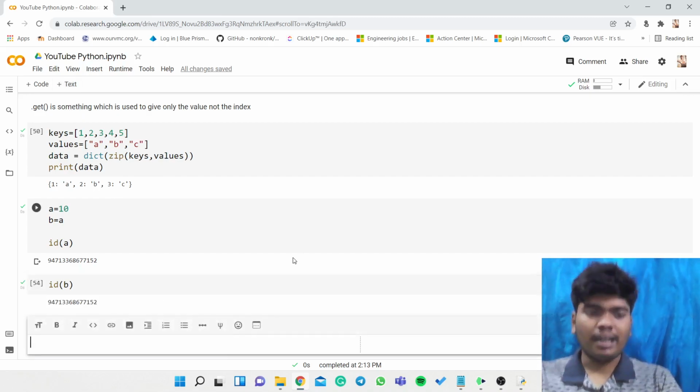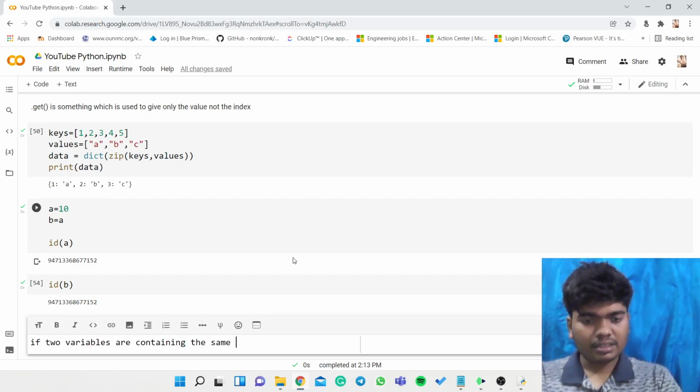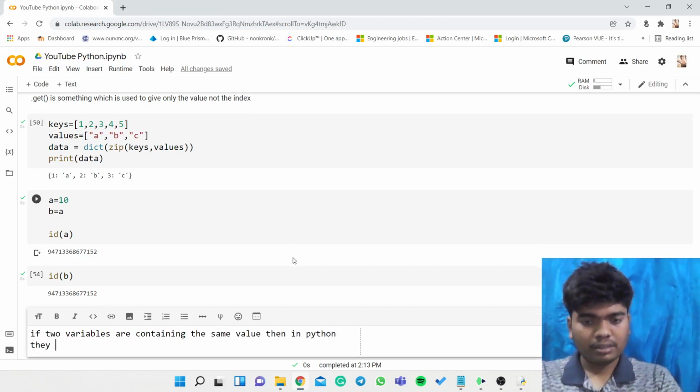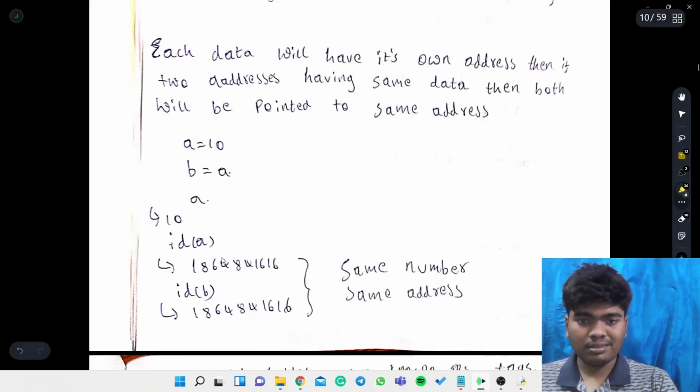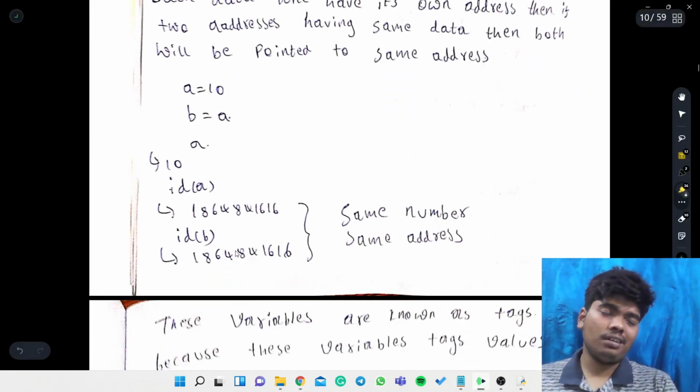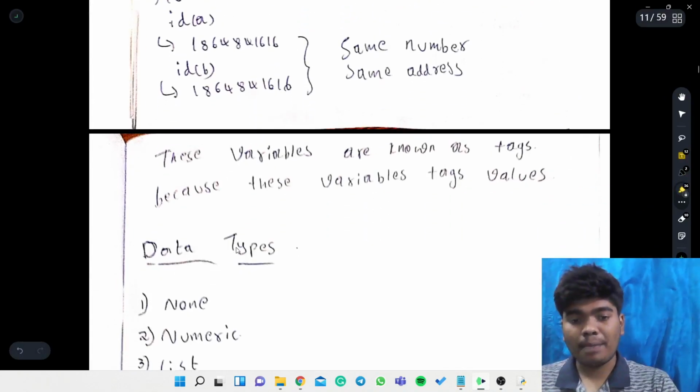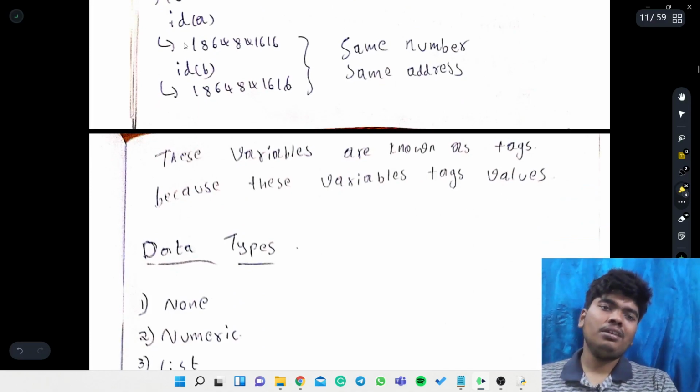So here we can say if two variables contain the same value, then in Python they share the same address, not a different one. So now we can come to the conclusion like this. ID of A, ID of B, it is sharing the same address. So these variables are known as tags because these variables have tag values. So these are the tag values.